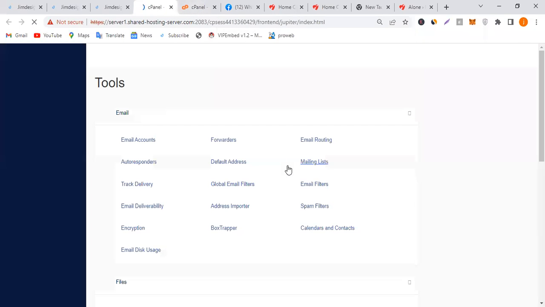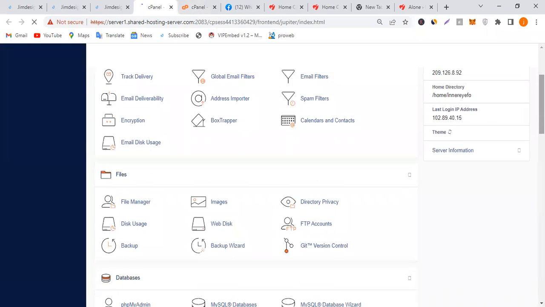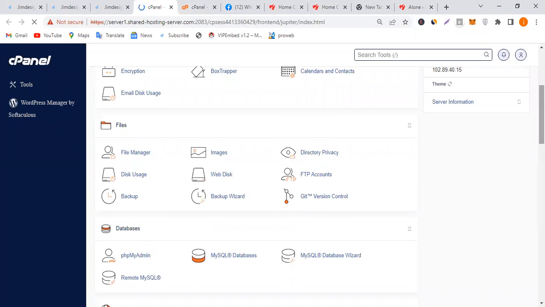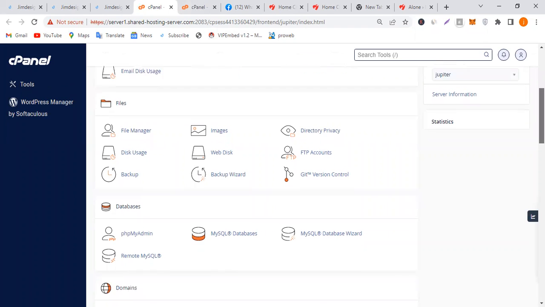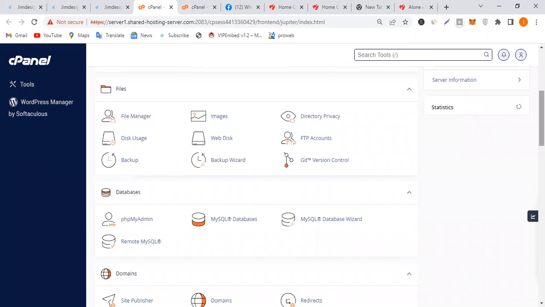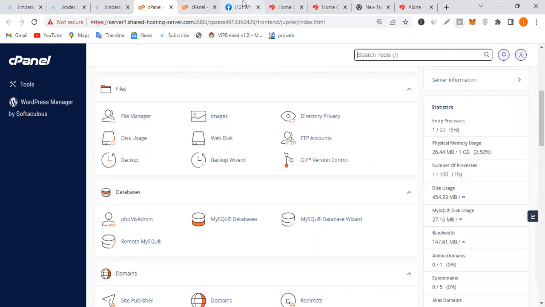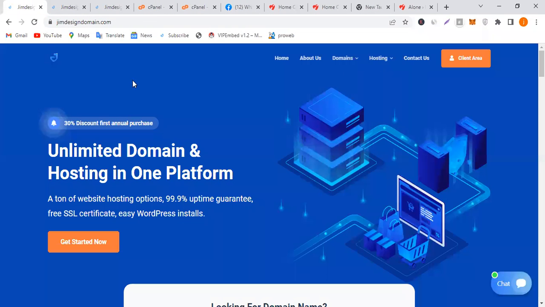So now you see over here the whole information about your cPanel. That is the account, that is the package you chose. Now, if you chose a low version, that is the lowest package, it depends on your hosting provider. Now, if you're using Gym Design, you go over to hosting, shared hosting. You're going to see that